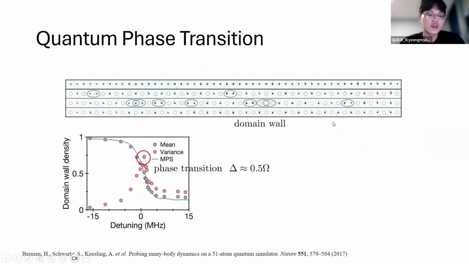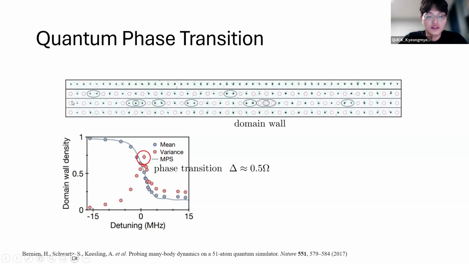And so in the 51-atom quantum simulator, when you change the detuning ratio from negative to positive, you observe an ordered pattern of atoms alternating between the ground state and the Rydberg state. But this pattern does not continue along the entire 51-atom chain. Many ordered domains are seen in the single-shot fluorescence images in the top figure. So what I mean by ordered states is the pair of ground state and Rydberg state. So this is an ordered state.